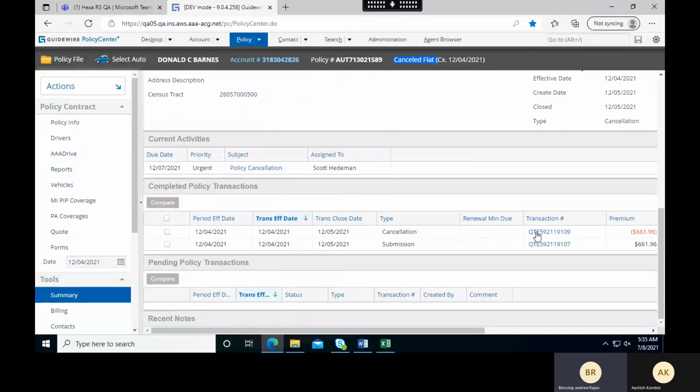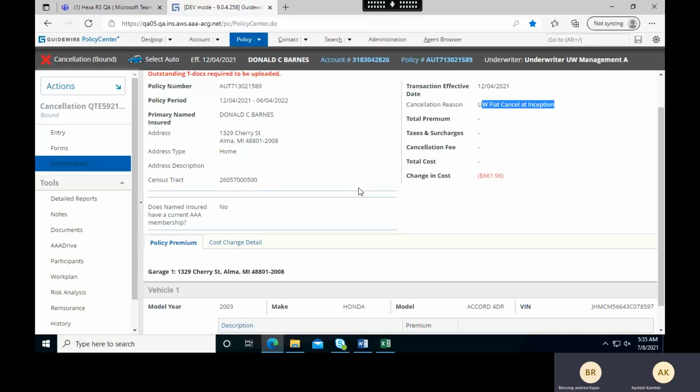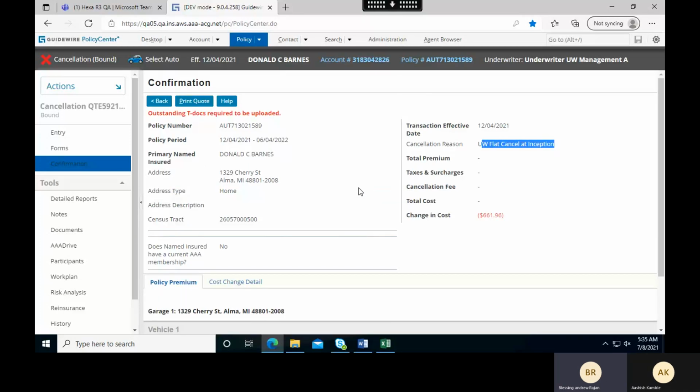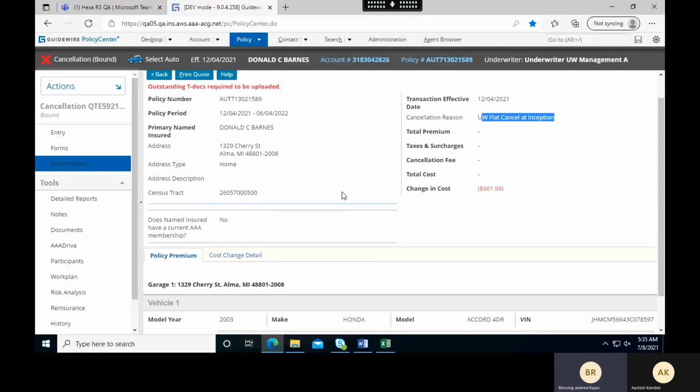There, by clicking the transaction number, you can see the policy is completely cancelled. In the confirmation screen, you can see the policy is completely cancelled and the change in cost. That's the total premium that gets refunded back to the customer, because the policy is flat cancelled. Okay, so this is how you can see it. If you click the entry screen in the left,